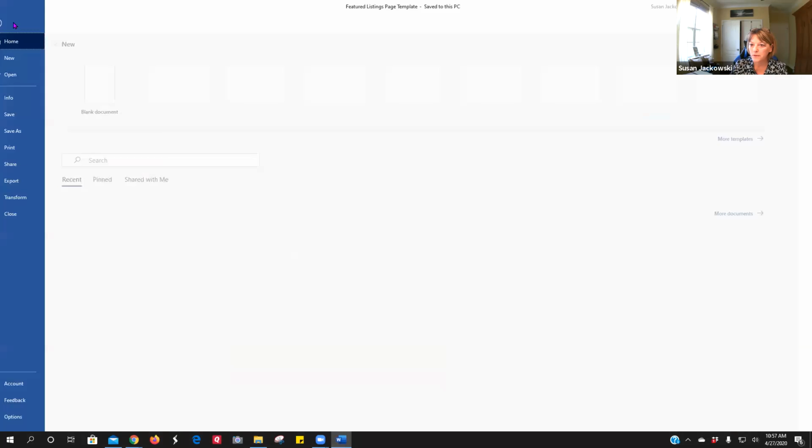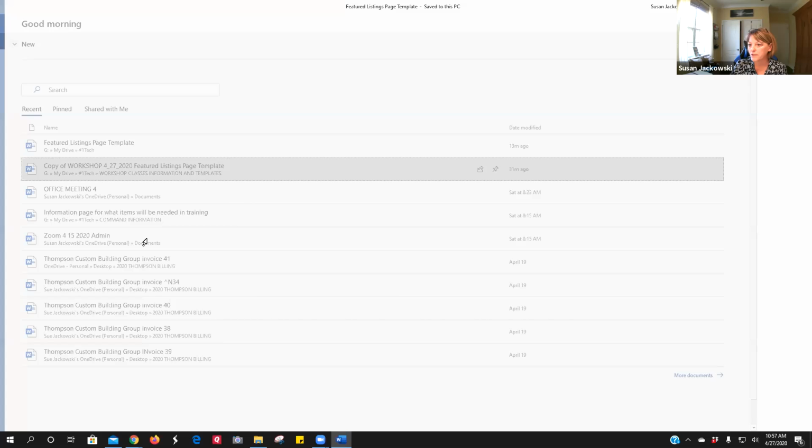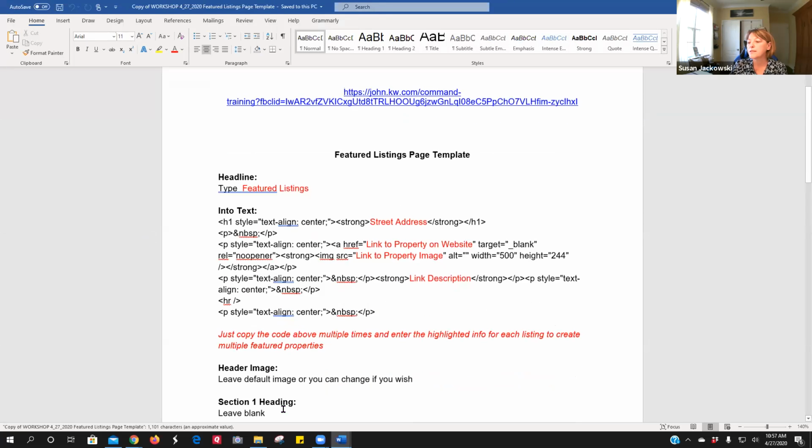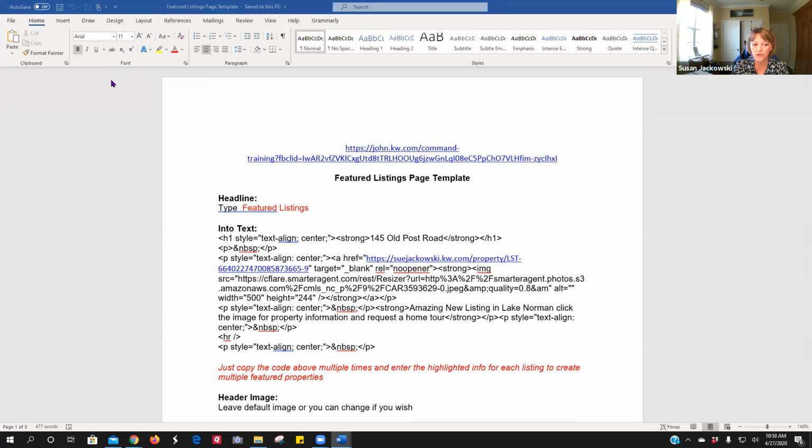Go into a Word document. I want this one for the workshop. So this is the actual template that's not been used yet, and you will get this. Anything in red is where we have to make changes. Now, this is what they call coding. So we're going to trick it and put the coding in here, but we have to get the information for the coding. How I will do that, I wish I had two screens to show you that I can do this easily on, but